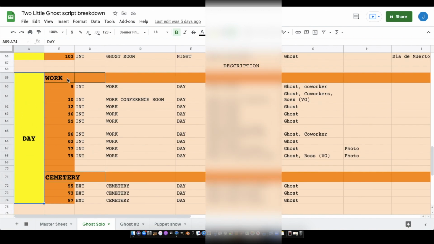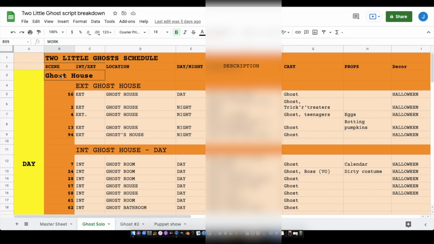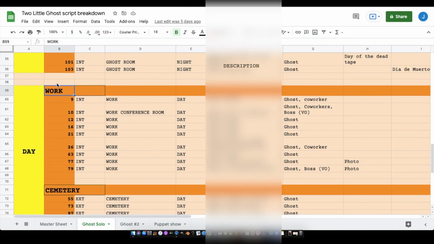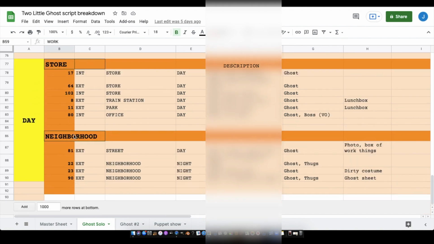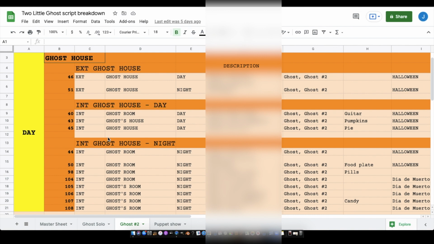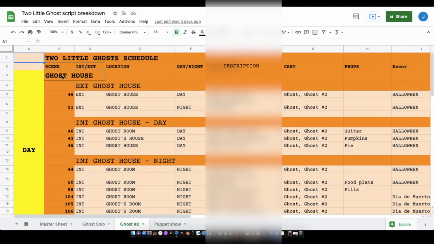So here's another one. Here's another location. If it's in black, bold text, that's a new location pretty much. So we have work right here. That can go well with the cemetery right here. So I know that I want to shoot this stuff all in one day. I know that I want to shoot this stuff all in one day. And here's another character that we have. Same deal. We have a main location broken down,